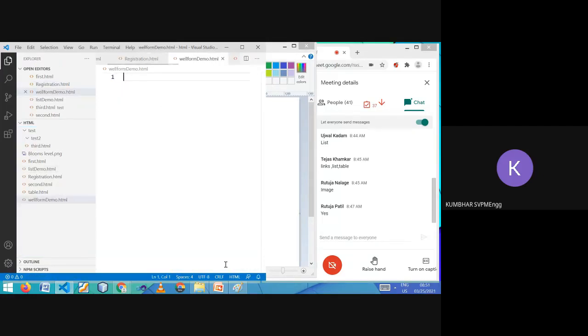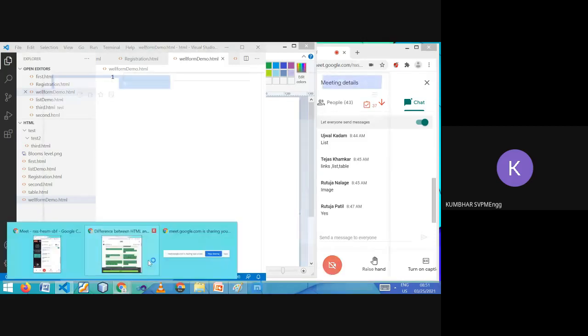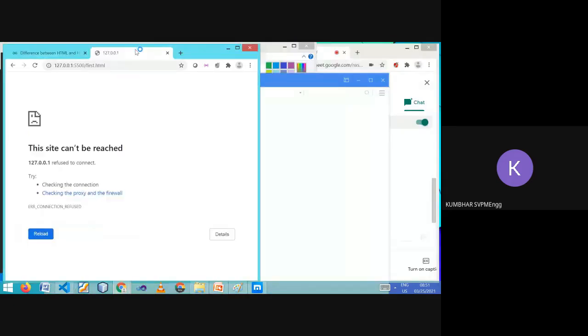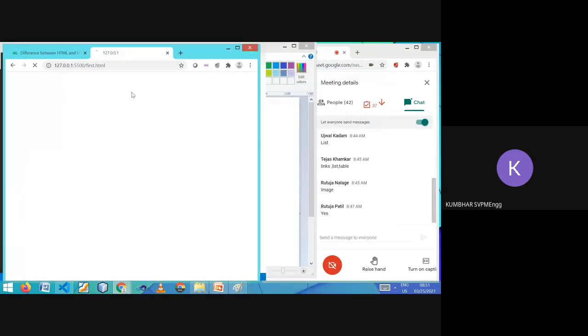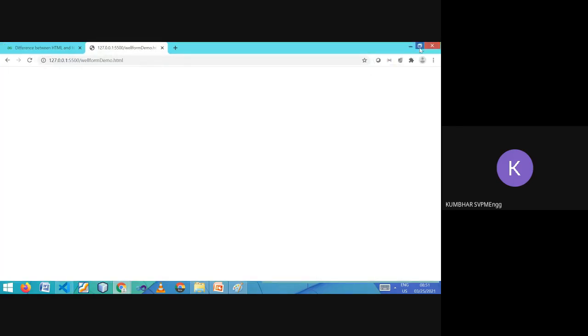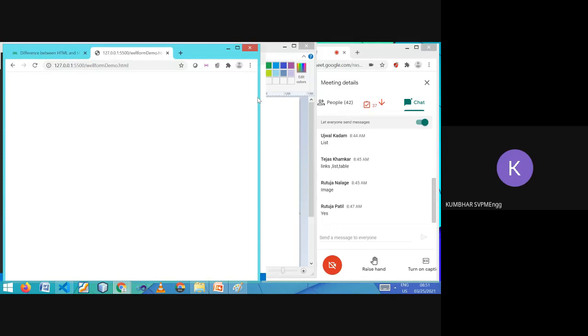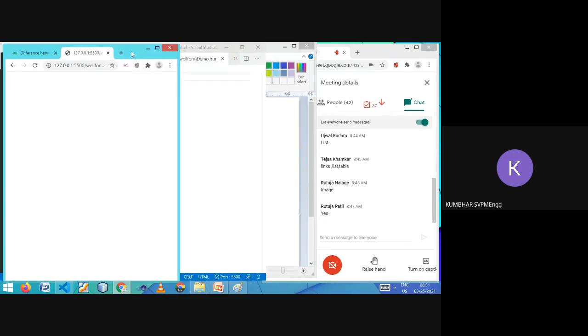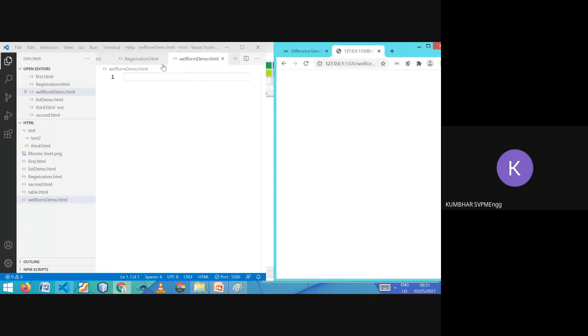Now I'm going for go live. Let me open this page in one of the browsers. I have already opened one, but I'm not going to use this browser, so let me close it, and here I will go for that page name. Okay. So now this is the output I'm getting. As I have not written anything in the code, I'm getting this output.